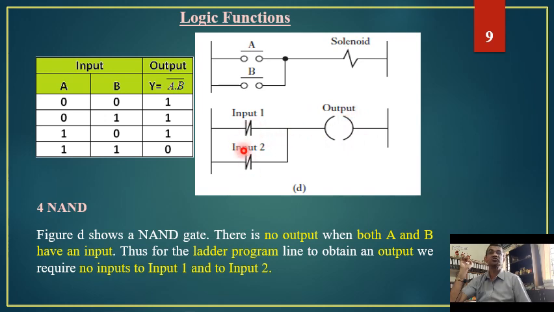When both the inputs are available, both of them turn open. So current will not find any path through which it can flow and get the output. That is why output is 0 when both the inputs are high. So this is how the NAND gate works. So we have seen the truth table of a logical operation, followed by the circuit equivalent, and then the ladder diagram. These are some of the things that we have checked.